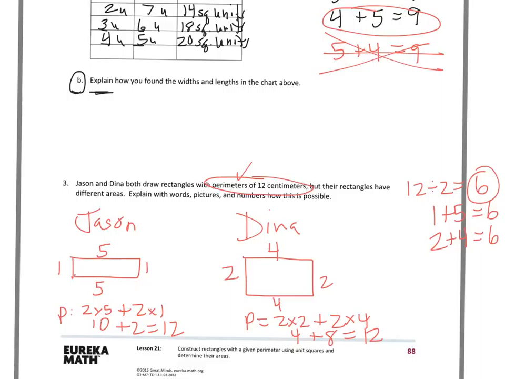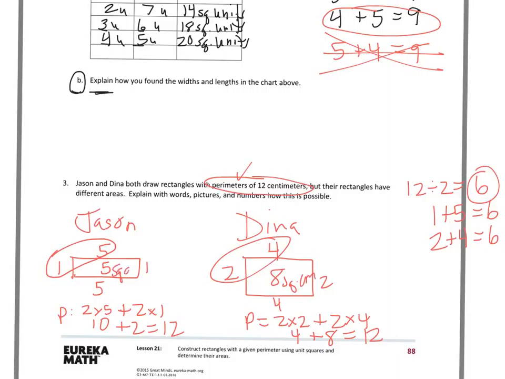But when I look at the area of it, I'm going to multiply the two sides, length and width. So 1 times 5 is 5. And then for Dina, 2 times 4 is 8. And I didn't put units in on this one. I can,